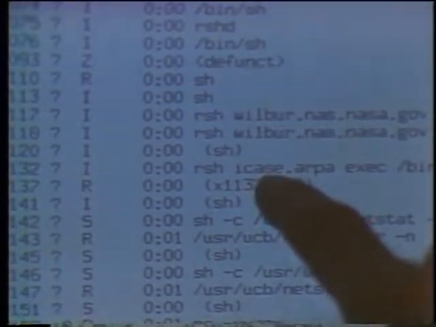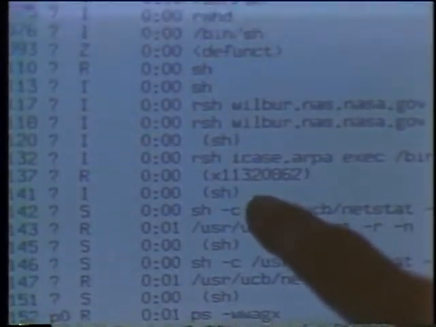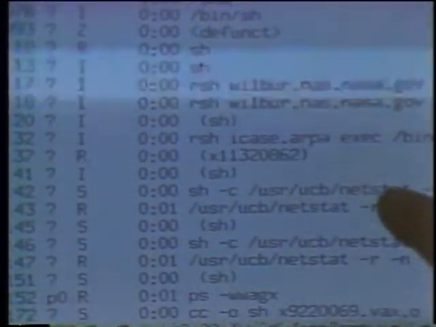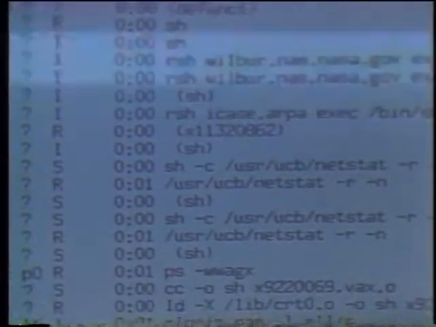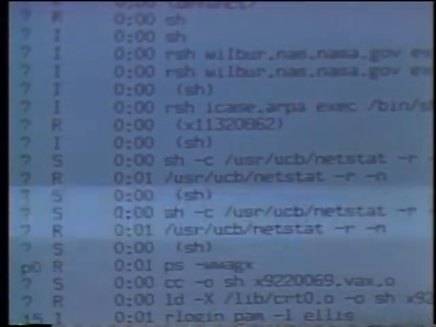The virus is not hard to find if you know where to look. If you look here, this ARCH attempt, that is attempting to open up a connection and break in to a remote machine. In this case, the machine's name is Wilbur. Here, another copy of the virus is attacking a machine on the East Coast at Langley Research Center. And here is actually the virus going through this user UCB netstat. He's looking through the routing table to attack other machines that forward messages from this machine to other